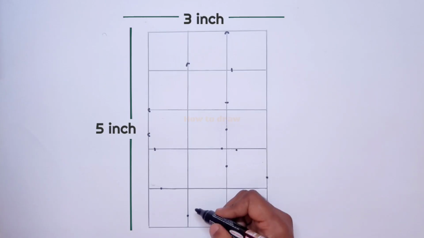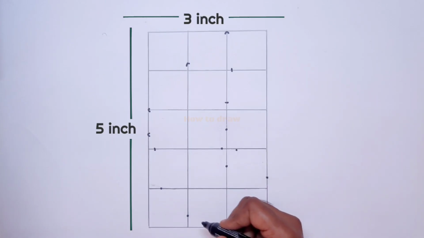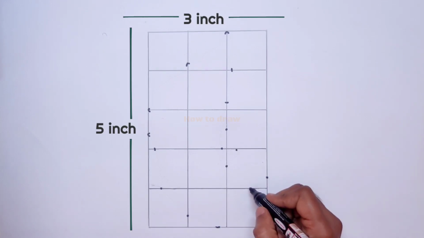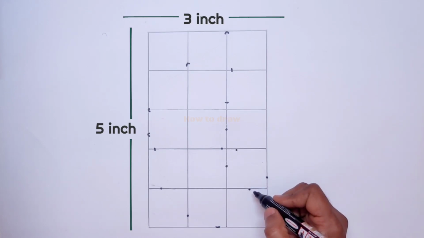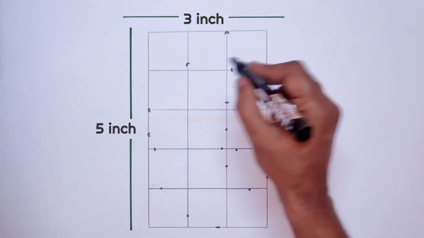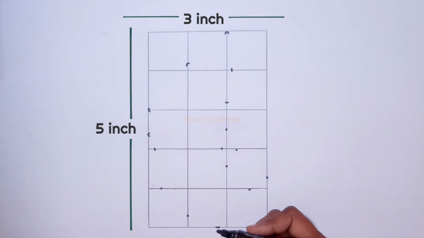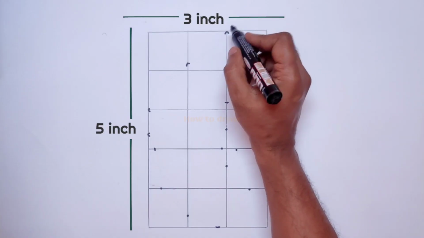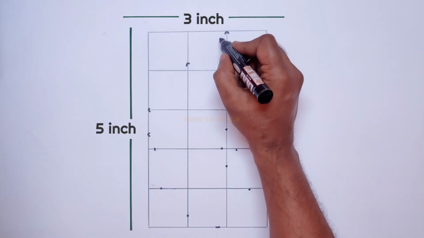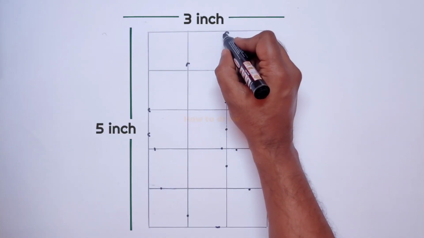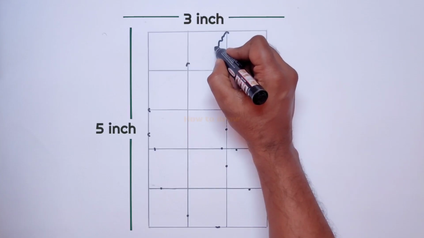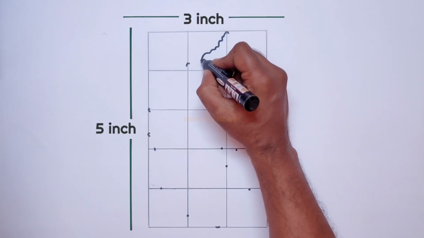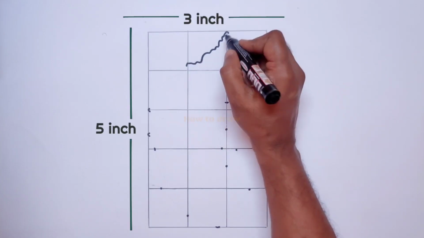And in this box here we have to make a point, and in the middle box at the bottom we have to make a curve like this, and at the last box at the top we have to make a point here. Okay, on this graph now we have to join the points. We have to join the points like this. See, from this top we have to make curve lines like this, and we have to join these two curves like this